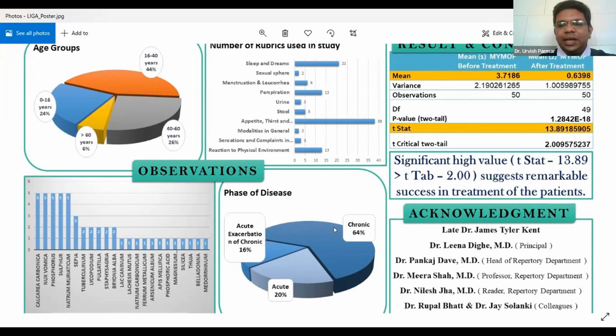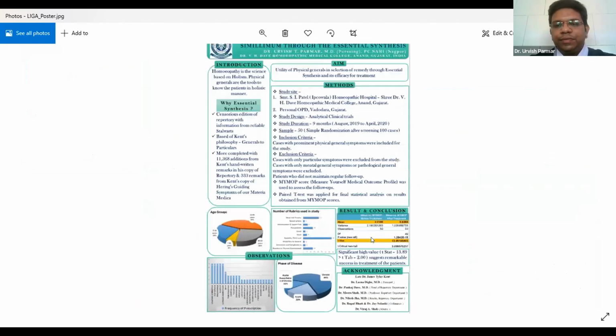There were a total of 64% cases from chronic, 16% from acute exacerbation, and 20% were acute cases treated. And I have verified a total of 106 rubrics of physical generals from the Essential Synthesis repertory, which were verified during my study. Most of these symptoms are appetite, thirst, and desires and aversions. And I have given 23 different remedies in these cases, which are totally based on physical general symptoms. And if we move towards the final result,